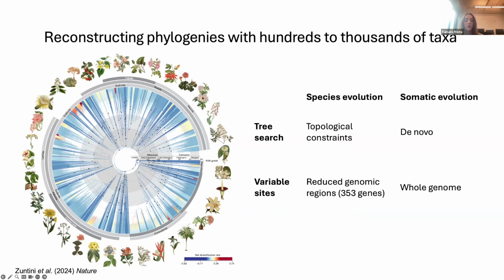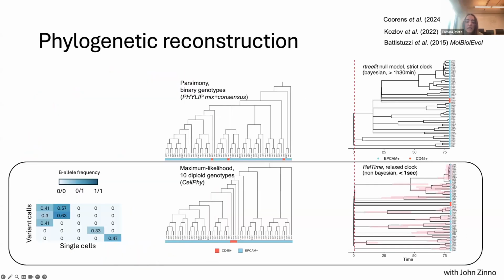They also relied on a curated set of 353 nuclear genes known to be strong phylogenetic markers for flowering plants. But in contrast, we don't have information in advance of where the somatic mutations will occur. So they actually vary from person to person. So we need to amplify essentially the 6 billion bases of diploid single-cell genomes to capture enough phylogenetic signal. And using our matrix of somatic mutations, we build the phylogenies using a maximum likelihood method designed to deal with single-cell amplification errors, which in our hands works better than parsimony methods.